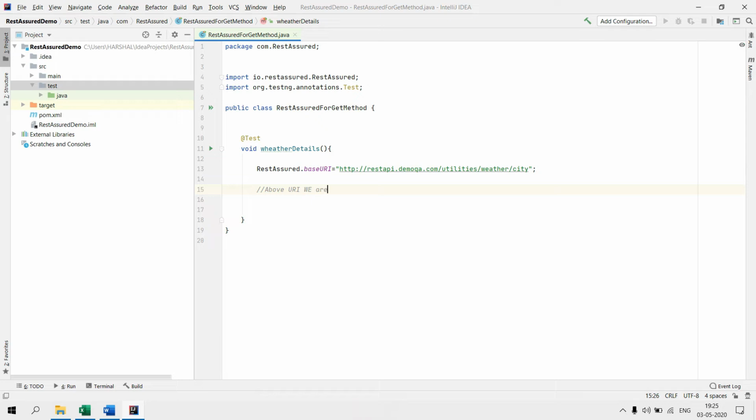By URI, we are going to send it as a get request. Thereafter we are defining our request object.